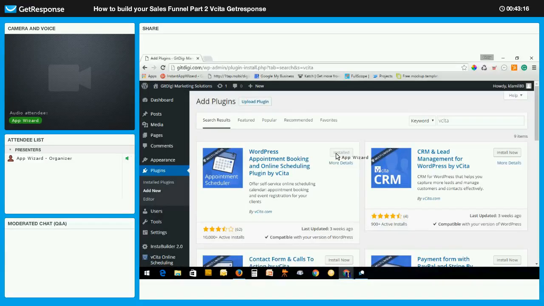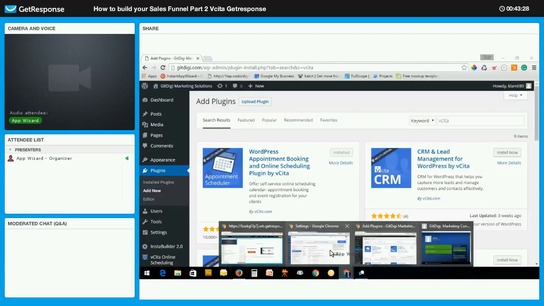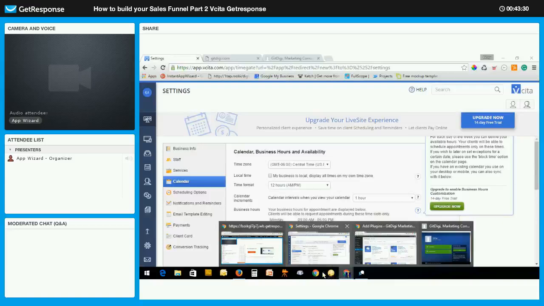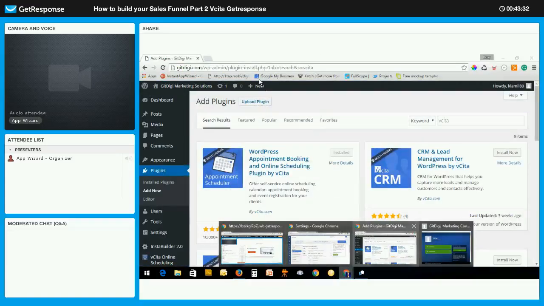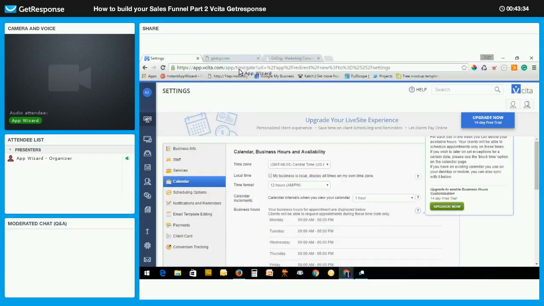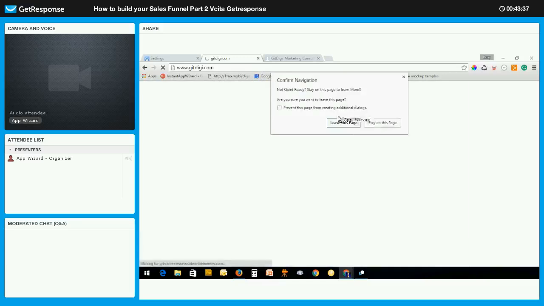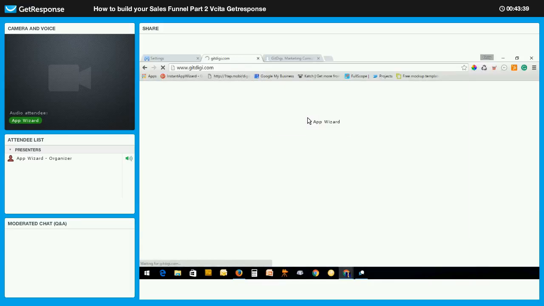You'll click install now. And once it's installed, it's going to tell you to activate it. When it tells you to activate it, you're going to go in and you're going to put your username and password, and it will automatically connect to your site. And when it automatically connects to your site, and you come in to your site,